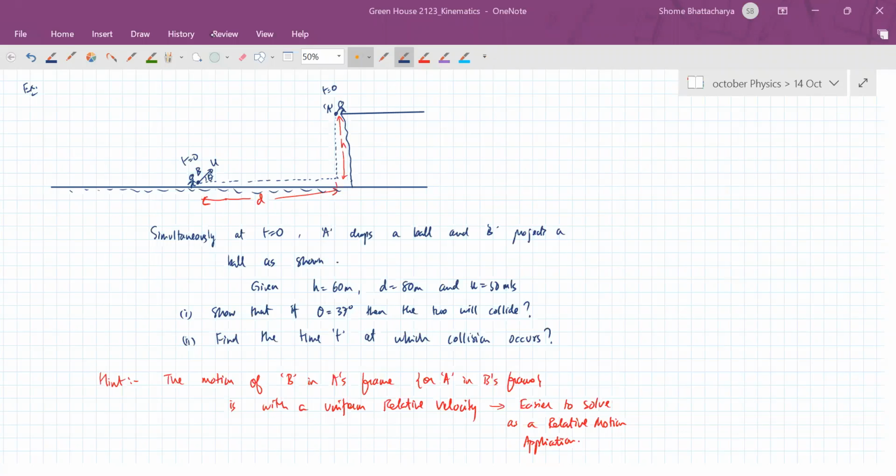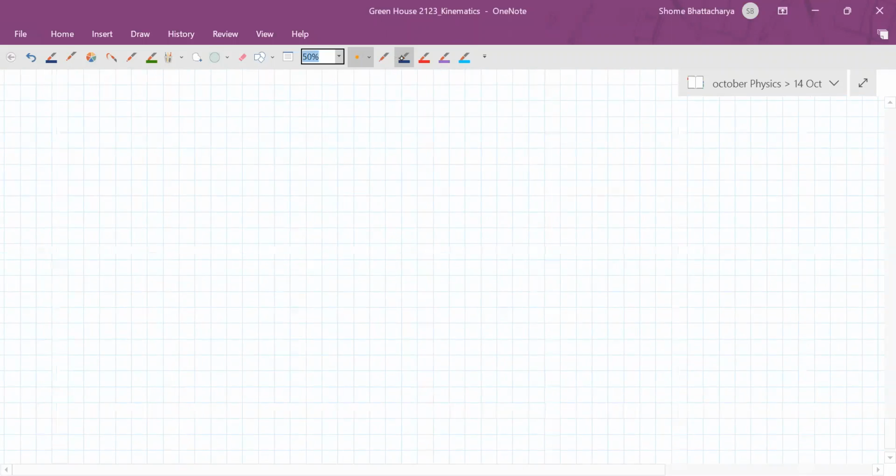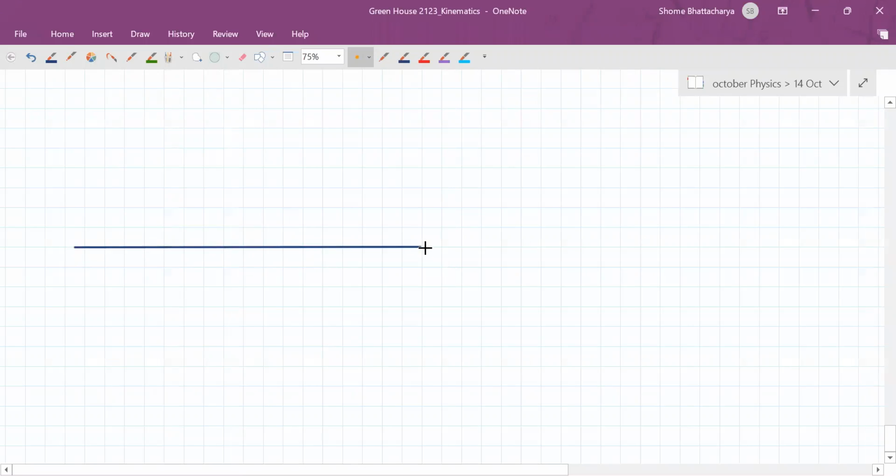Okay, so let's see that concept here. So before we get into it, now let's try to understand how exactly that's going to work out. Okay, to show the condition. So if we are seeing the motion from ground frame point of view, then this is what we are going to see. In the ground frame, what we'll observe